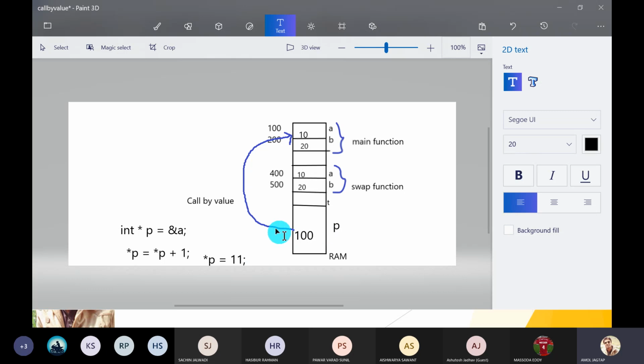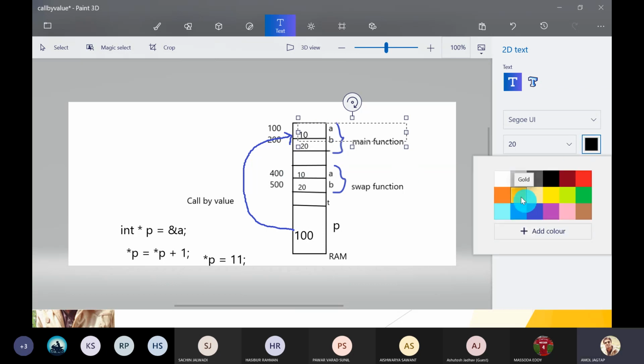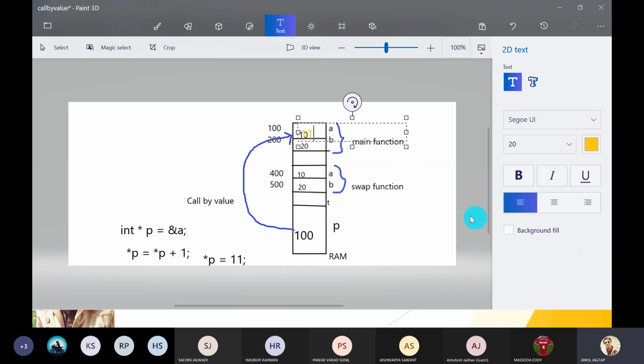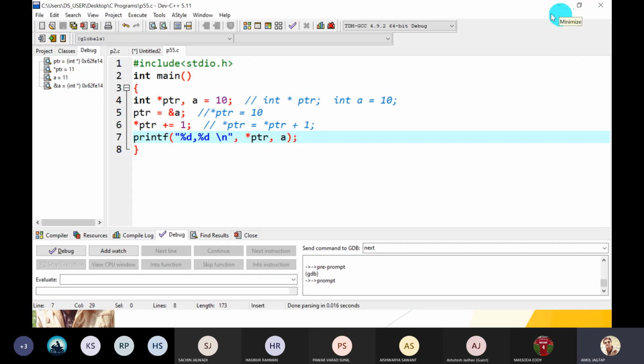Pointer P means the value at that address location. So what is the value at that address location now? It becomes 11. So the current value becomes 11, overridden. It means the initial value 10 gets removed and is overridden by 11. And when you display it, the value gets reflected in both. So pointer PTR also gives you the same 11, and the value of A is also 11.